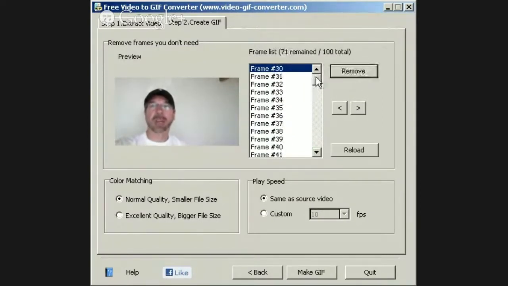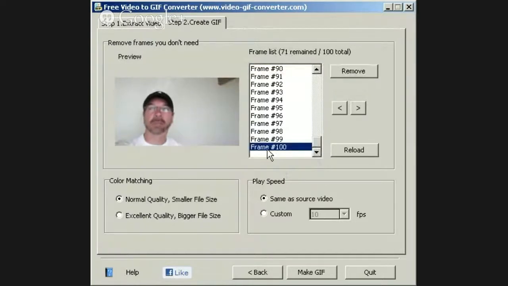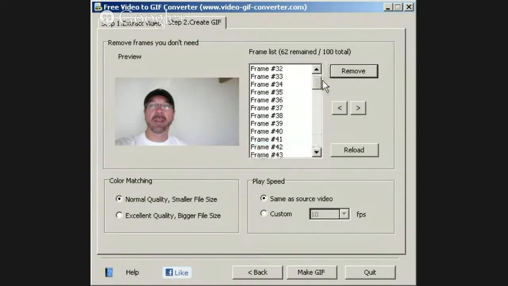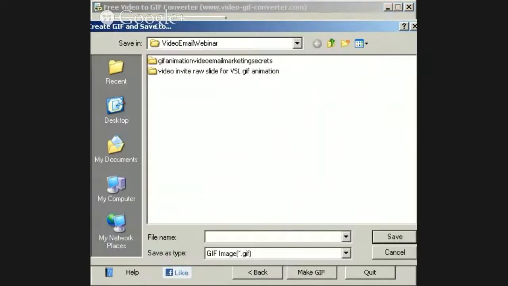Okay? So you can do it at the end too. If you start at frame, in this case frame 100, it'll go upwards if you start at the very end. So that's how you can trim off the beginning and the end of a video. I would highly suggest that you start with a short original video so that you don't have to search through all of it, especially a silent video, to get to just the places you need. So shorter to begin with. And that's it. I choose same as video source, and we just click make GIF, and then we just choose a GIF name,